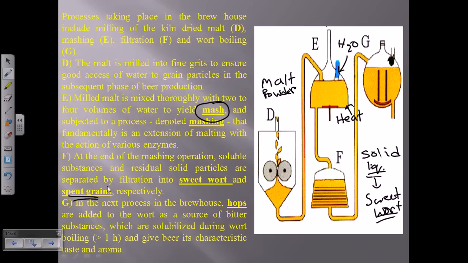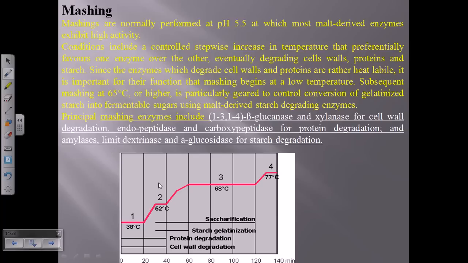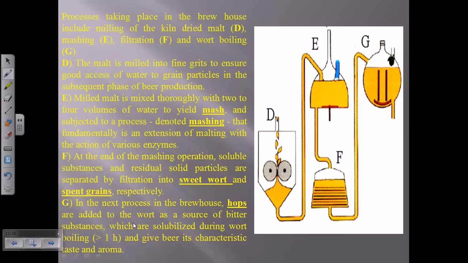As a result, they can produce fertilizers, and the sweet worts are taken, and the next step is to add the hops and heat them at boiling temperature for more than 1 hour in this particular chamber. This is called the kettle. Remember, the boiling kettle should be made of copper, right? So we put them in the kettle and add hops here. You can see the picture of hops being added. We heat them for 1 to 2 hours, and this is the actual step of